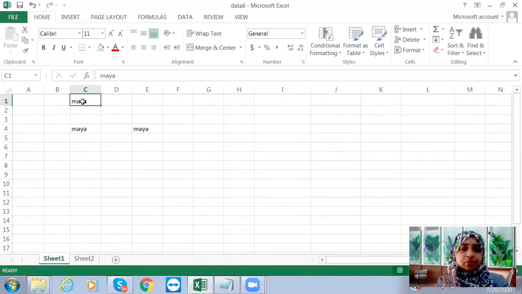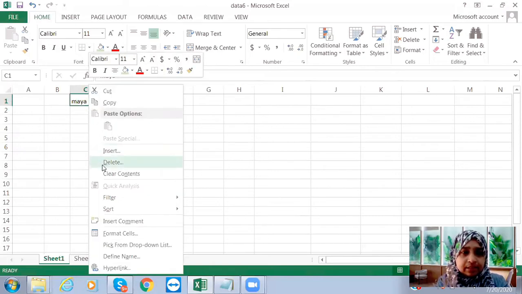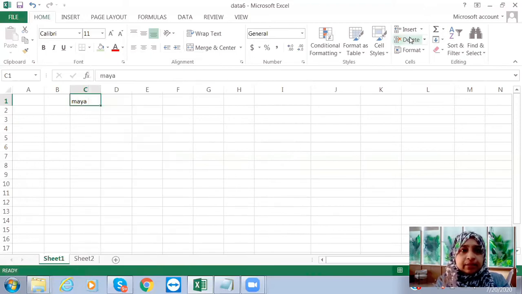So now what I'm going to do is this particular data. Okay. So now I have many places, you can just delete it. The data, you can just delete it. You can right click and delete it also. See, when you right click here, you can see the delete, right? So you can right click and delete it, or you can just use the delete key in your keyboard. Okay, delete key in your keyboard. There are many ways, you can delete it, or you can just come here and then you can use delete. Okay, it will get deleted.